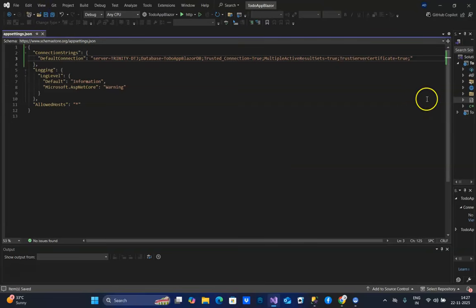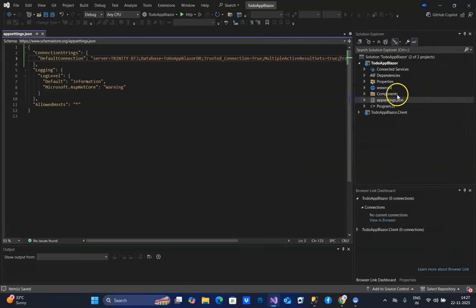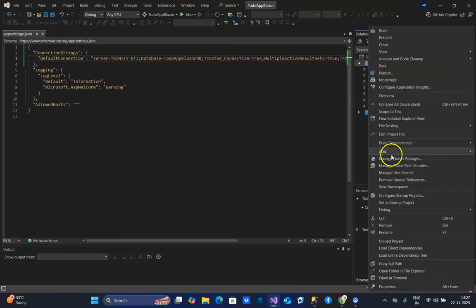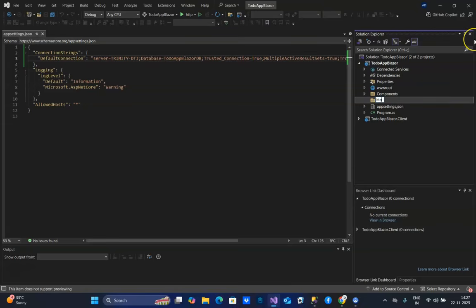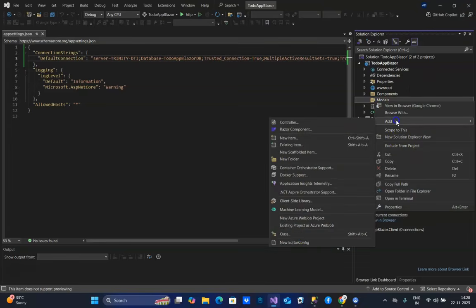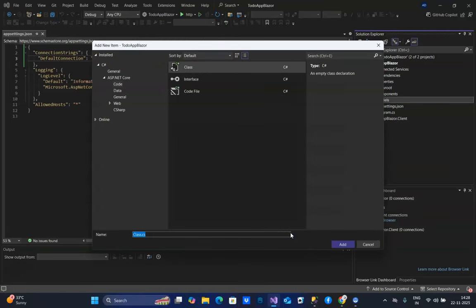So we'll save this. Second thing we'll do is we will create models. So I'll add a folder and call it models, and here we will name the class. So I'm going to create a class file and name it ToDoTask,